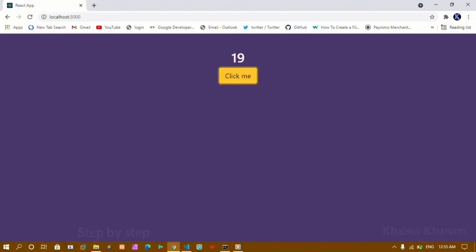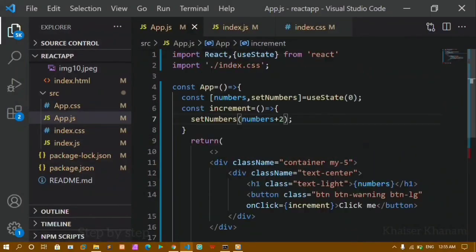I'll save this, and now if I just refresh once, now first my number is having 0, 0 plus 2 I'll be having 2, you can see. Then again 2 plus 2, 4, 4 plus 2, 6. Okay, it gives me even numbers here. Okay, this is how we are going to change the state of an element, and whenever we click on the button, we can give any values and we can change any values using states.